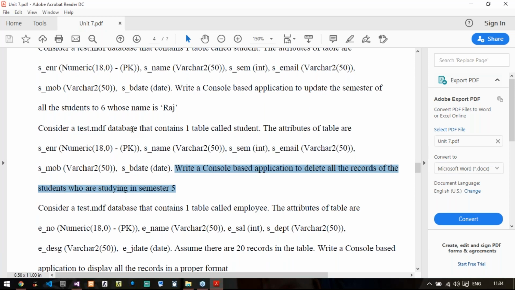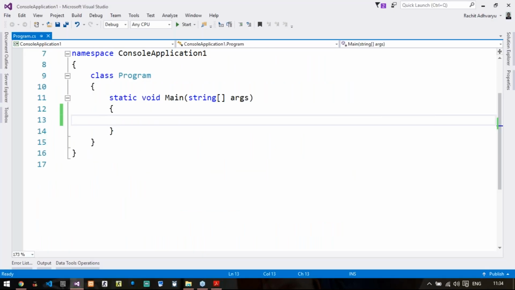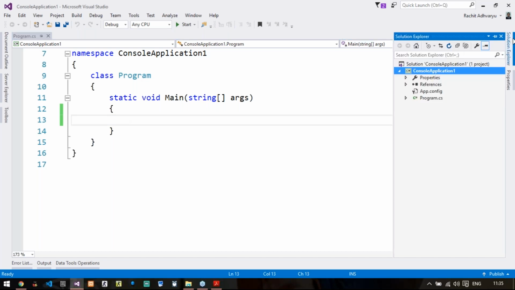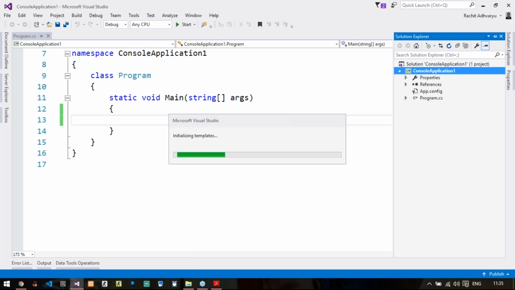So in my Visual Studio, I will come back to my console application. In that, I will go to Solution Explorer, right click on my application name, add new item, select data and service based database, change the name called test.mdf and add.